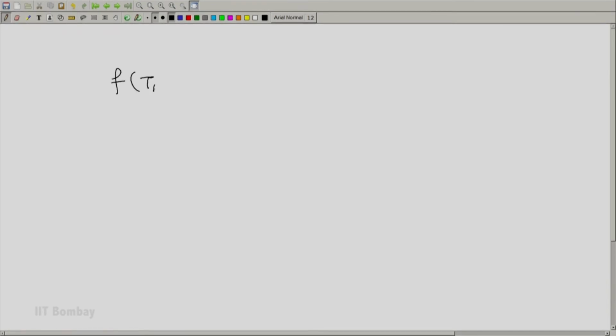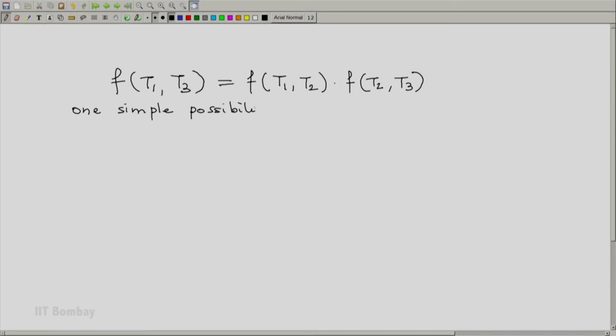If f of T1, T3 needs to be equal to f of T1, T2 into f of T2, T3, then one simple possibility is to consider f of x, y to be the ratio of some function g of x to the same function of y. If we have something like this, then naturally this is satisfied, because if we assume this, then what happens is